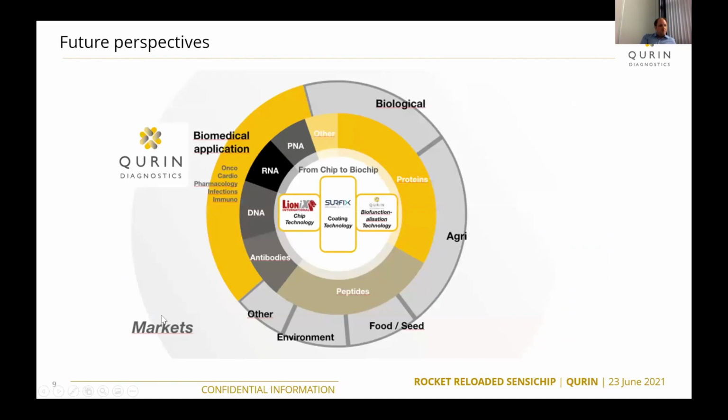Well, for Curin, this project was a very interesting case study to further work on the biosensors and the setup. But as many people may know, Curin is in the end aiming for a cancer diagnostic rapid test. Of course, this is also DNA based in our case, and we see the potential for these biosensor platforms to in the end serve many other applications. So in this case, we worked on aquaculture, but if you're interested in other applications, please contact us, because we can do